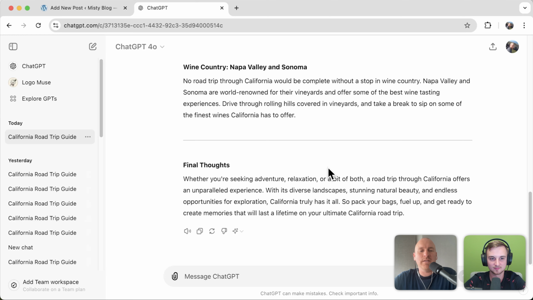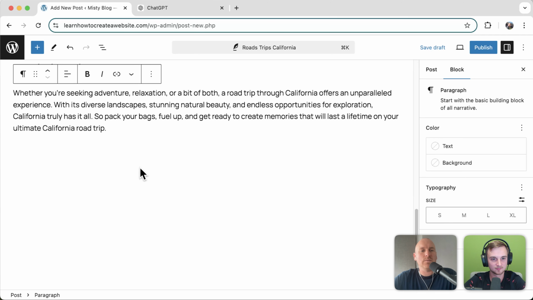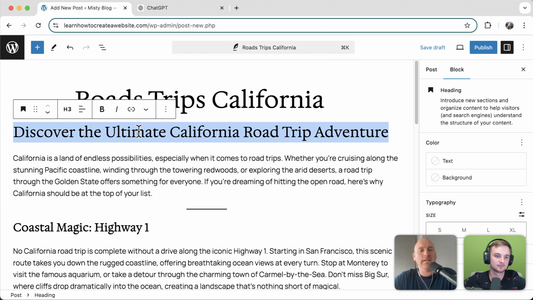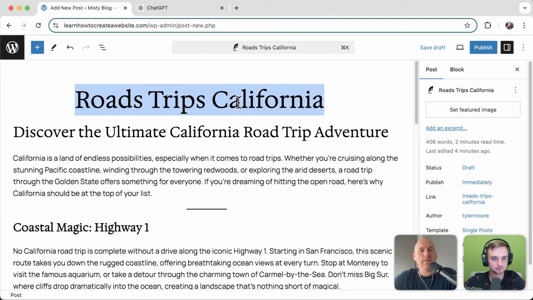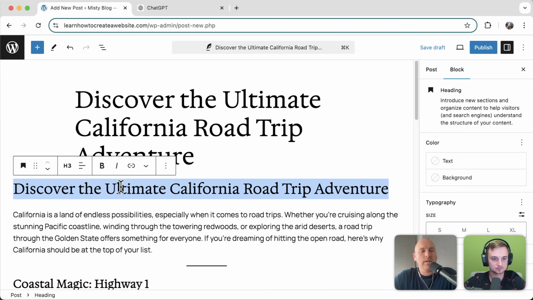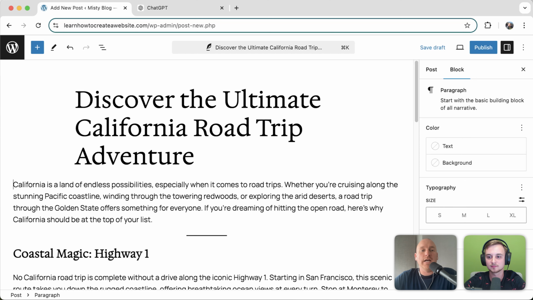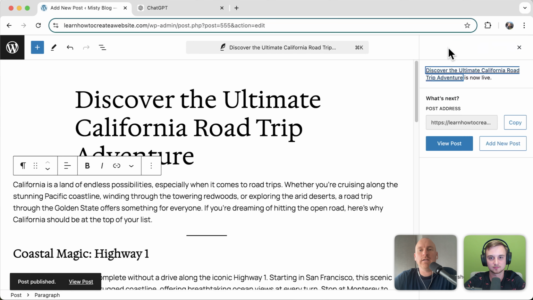So I'm just going to copy this and just go over to my website, and I'm just going to paste it right here. So just Control V on a PC or Command V on a Mac. And we have this right here, and it's looking pretty good. And I'm actually going to use this title as our real title. So I'm just going to right click copy and then put it right there and just delete this. So now we can just publish this right here and click publish again, and we can